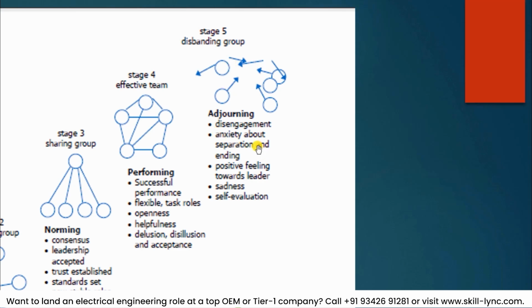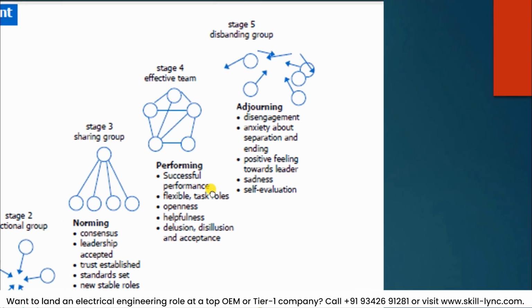What happens is you naturally tend to stick with the previous team. You have an anxiety about getting separated and ending the positive relationship that you have. You have to end all this positive feeling that you had towards the team members, and the trust that you had developed, and you might have developed a very good bonding with your leader, and now you go into a self-evaluation period. So this is a cyclical process of a team building activity. This is the later part of the team stages that is not much talked about.